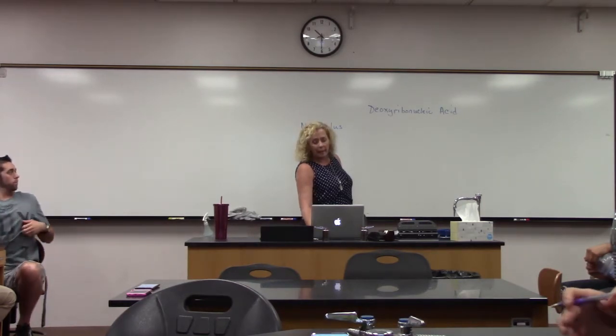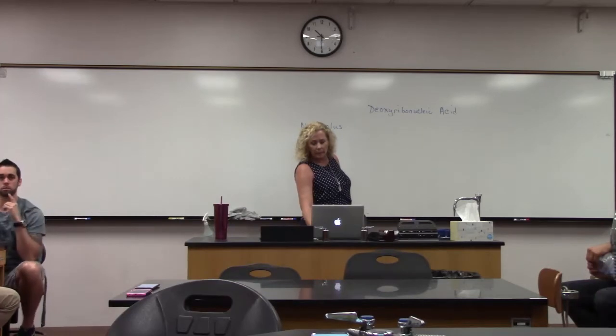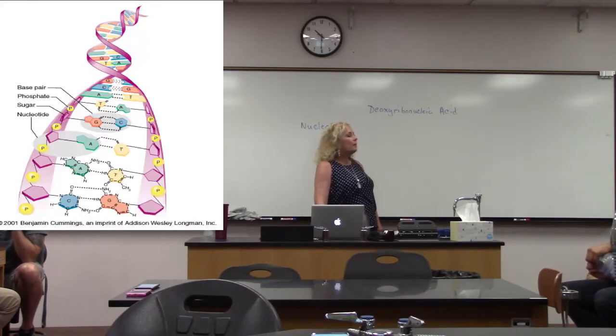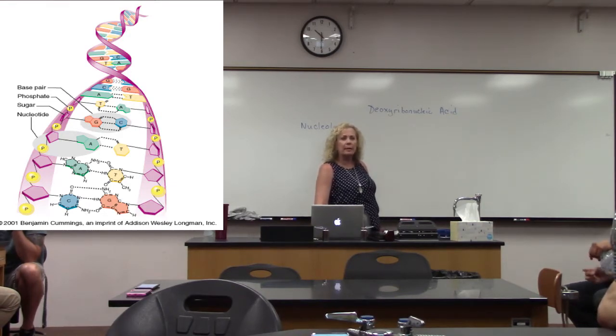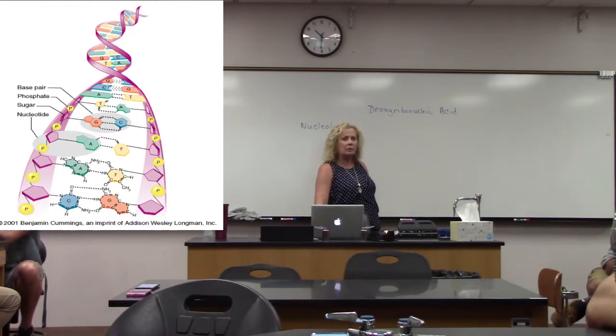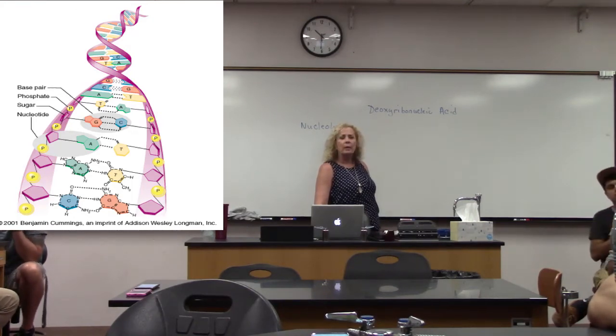When we look at the DNA molecule, now let me actually go to this right here. The DNA molecule is basically made up of 6 different molecules. You have on the sides of the DNA here in this repeating pattern a phosphate, which you see as a P, and then attached to that on either side is a deoxyribose sugar. So you have this phosphate, sugar, phosphate, sugar, phosphate, sugar making up the sides of this DNA,